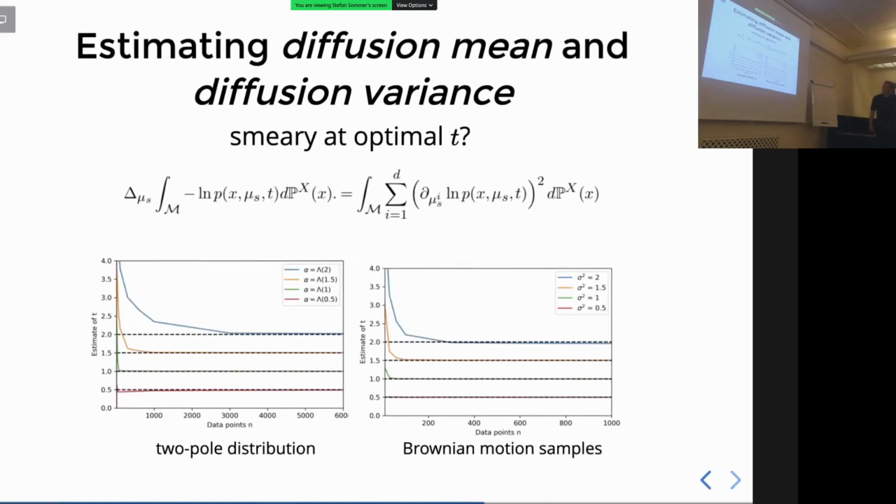So is that the case? Can we somehow say that the diffusion mean is or is not smeary? Well, we can say something, but the picture is a little bit blurred. What we can say is that if we optimize for the position and for the time parameter, for the variance, at the same time, then we get something that looks to be non-smeary, and that's encapsulated in this equation here. So here you have the negative log likelihood, and here is the integration over the distribution, or expected value,